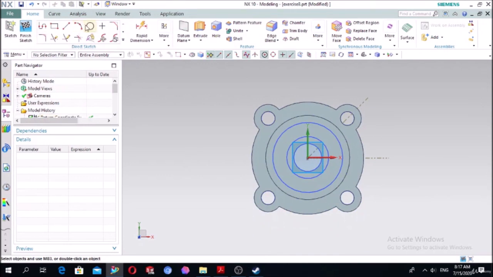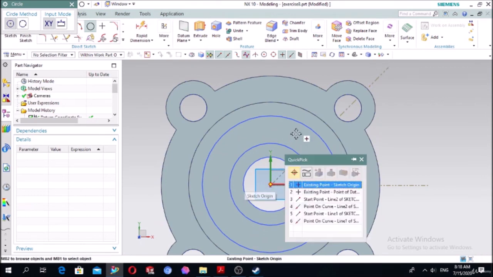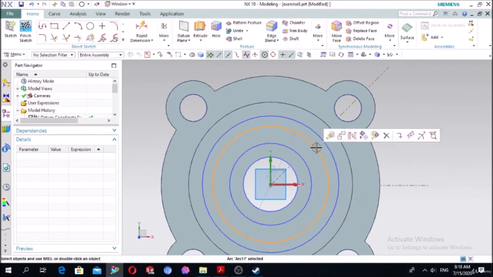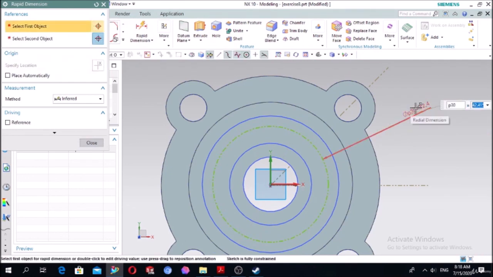and draw 2 holes here. Okay, firstly draw the reference hole, convert to the reference, and the diameter of this hole is 40 millimeter,